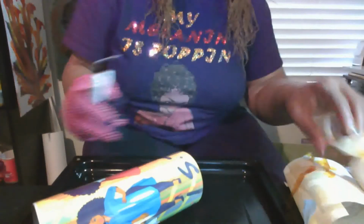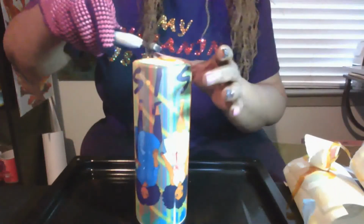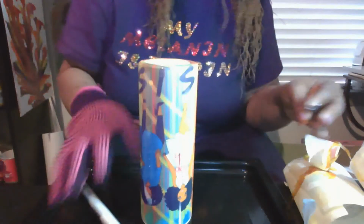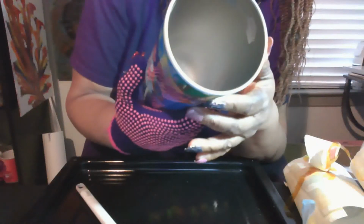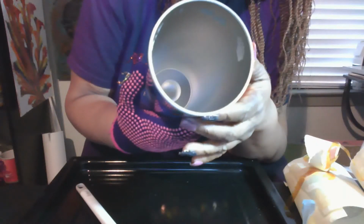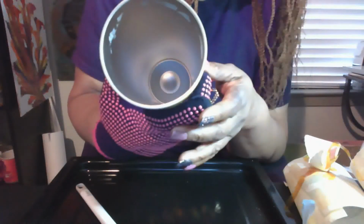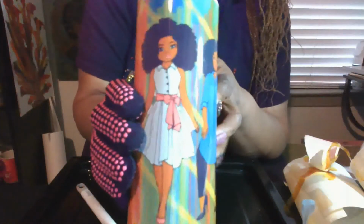Right, let's see what we got here. Turn that over. So I love how the bottom always comes out. Just to show you here, so you can see that. It looks nice and neat. And I still see a little bit of ghosting to me on this part right here. But everything else looks good. So you can see there, there,